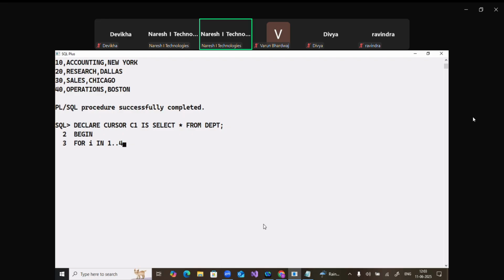But if you don't know, then what do we do? Simply you can write C1, because your data is in C1. C1 is nothing but 1 dot dot 4, starting value 1, ending value 4. It is automatically taken. Suppose your table has 100 rows, then 1 dot dot 100 is automatically considered. Now for loop is okay. Then loop started. So now dbms_output.put_line of